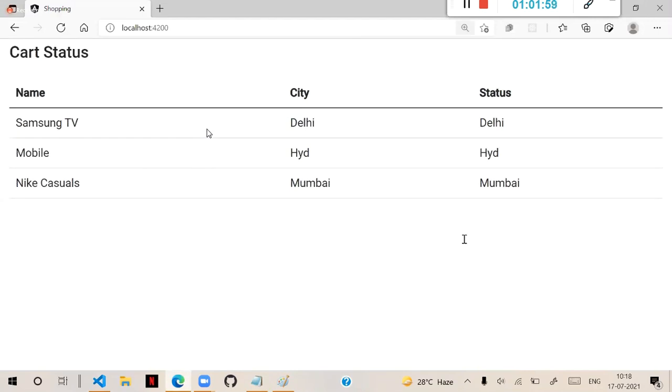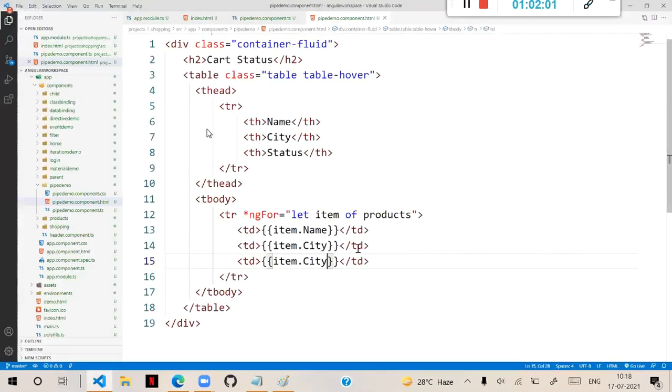That means now what we can do here is we can configure. So technically here we can configure. So get the city name and apply the filter on that. Filter is nothing but simple. So what you have to do is on that city, we have to apply a filter called i18nSelect. i18nSelect. It is expecting